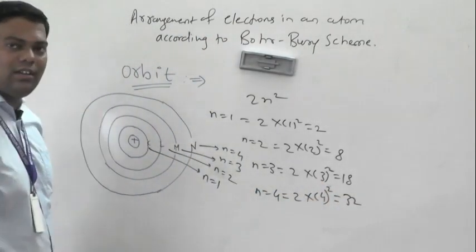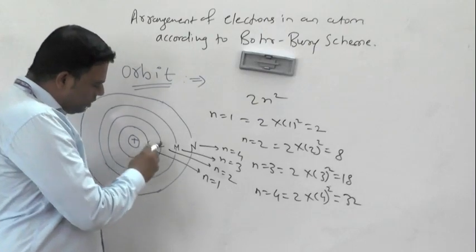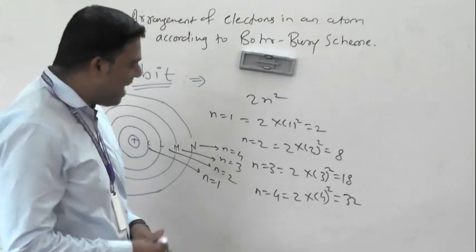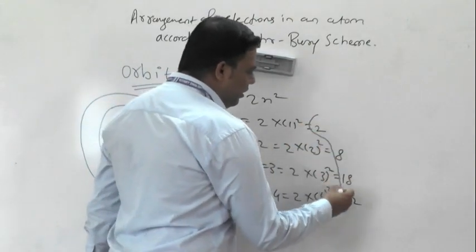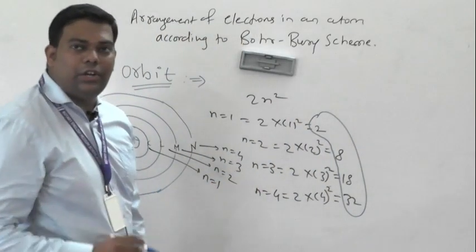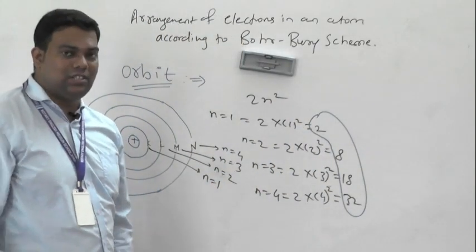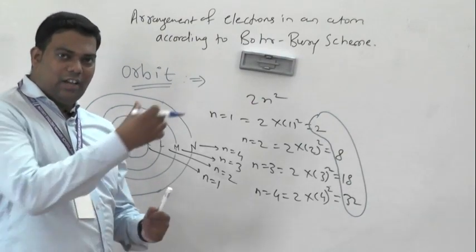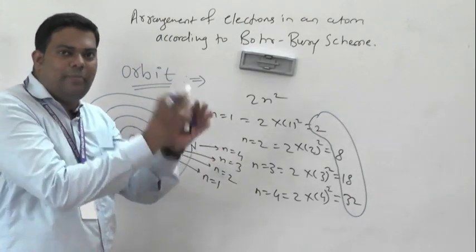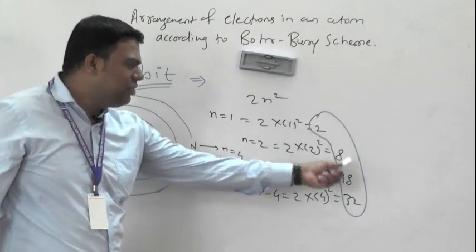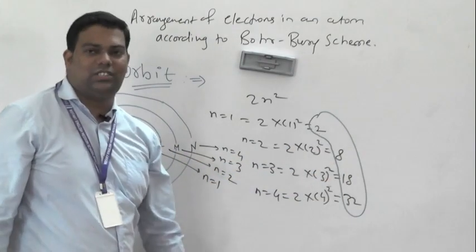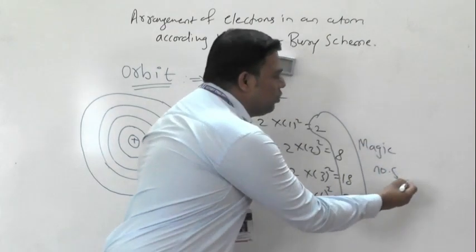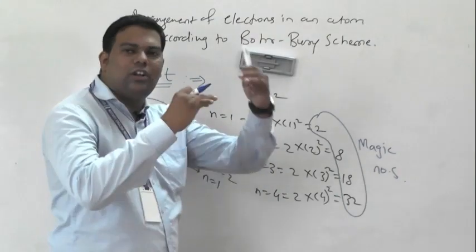So they are saying that each shell holds 2 electrons, 8, 18 and 32. These numbers, 2, 8, 18, 32, we call magic numbers. We saw in the periodic table also that the atomic numbers in a group are arranged on the basis of these magic numbers. These are magic numbers. In that, suppose you have hydrogen.